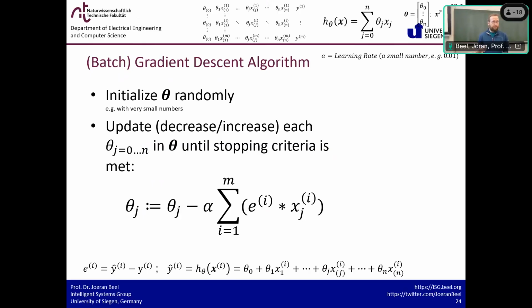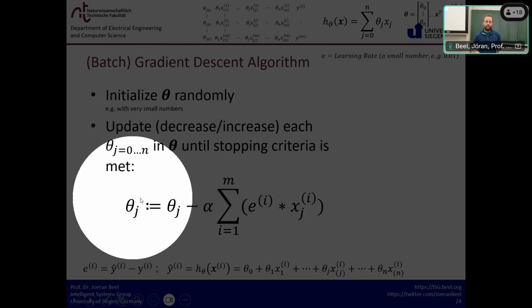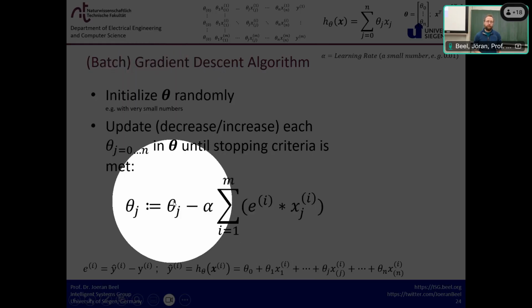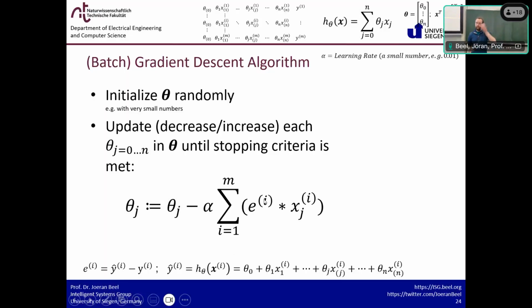It's very simple. It's very effective. So what we do is we initialize theta randomly with very small numbers. And then we continue this step here until the stopping criteria is met. The stopping criteria is met means that you're happy with the outcome, that your error is 0, which basically never